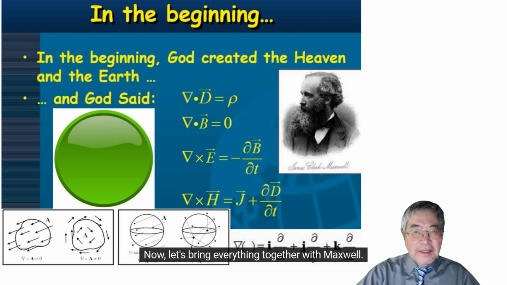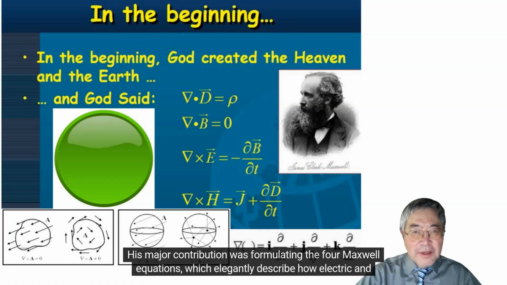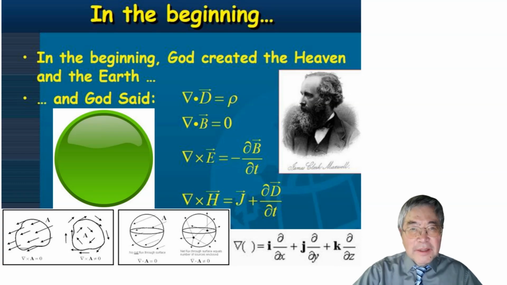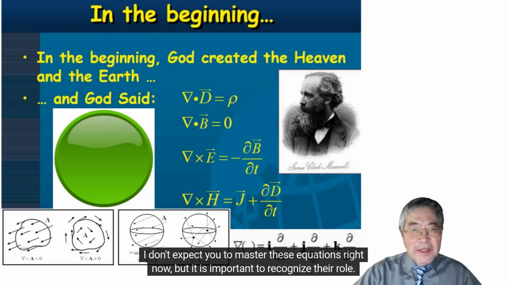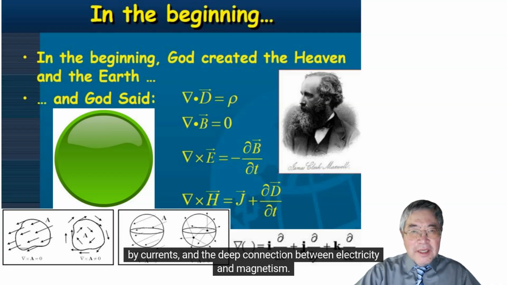Now let's bring everything together with Maxwell. Alongside Newton and Einstein, James Clerk Maxwell is regarded as one of the greatest physicists. His major contribution was formulating the 4 Maxwell equations, which elegantly describe how electric and magnetic fields behave and interact. I don't expect you to master these equations right now, but it is important to recognize their role. They unite everything we have talked about: charges producing electric fields, magnetic fields produced by currents,